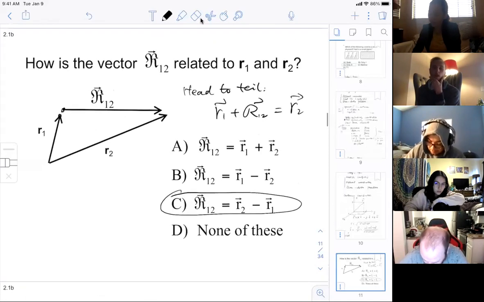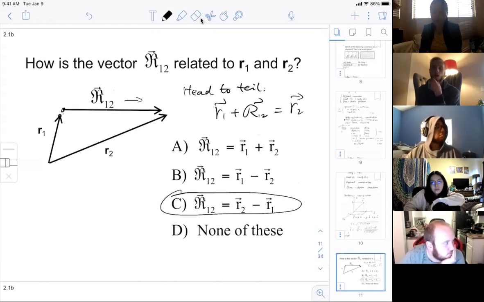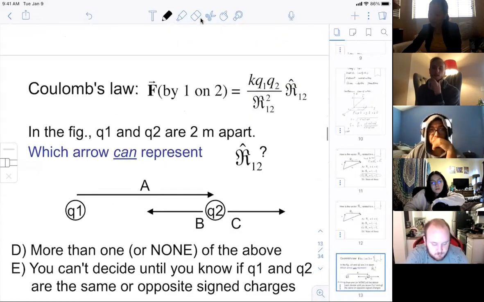Another thing that might help you to remember which way that R12 is pointing is that it's from 1 to 2, okay? It's pointing from 1 to 2, so the arrow is pointing this way, not the other way around. And the other way around, you would represent it using R21. So for example, you probably have seen this in your introductory